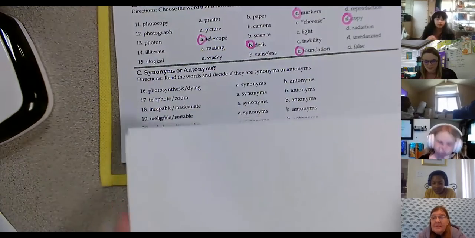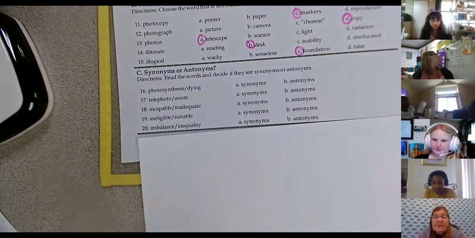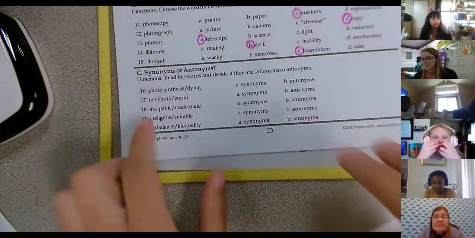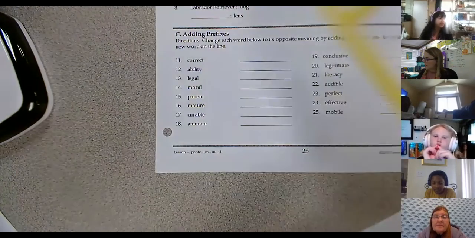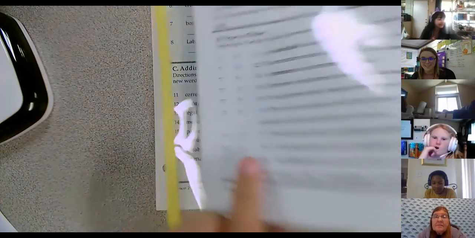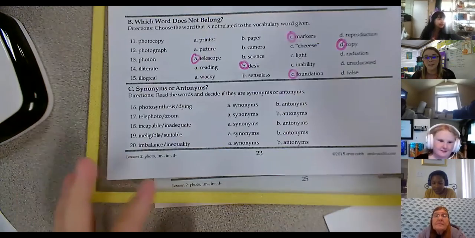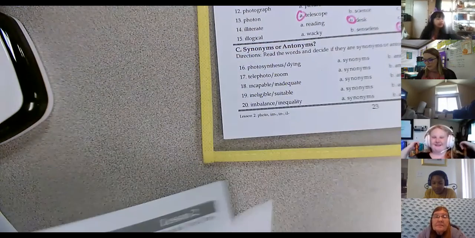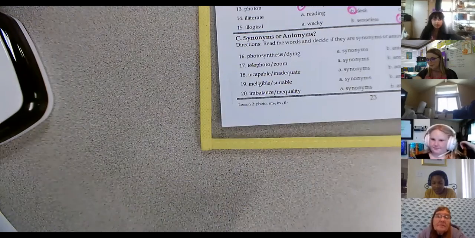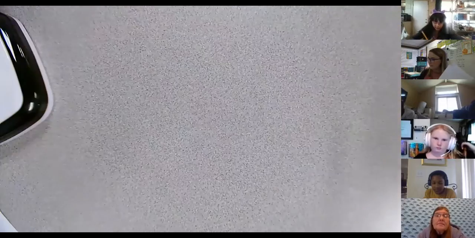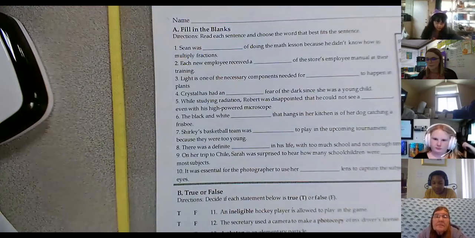Let's take a look at our next section that we're going to do together. Actually, it looks like we are just about out of time. So since we didn't get to part C and part B, you do not have to do those, okay? You don't have to do them if you don't want to. If you would like to finish part C and then part B from the next side, you can. However, you will need to look at any of the other parts that we didn't do. So like part A, and then part A on the other side,